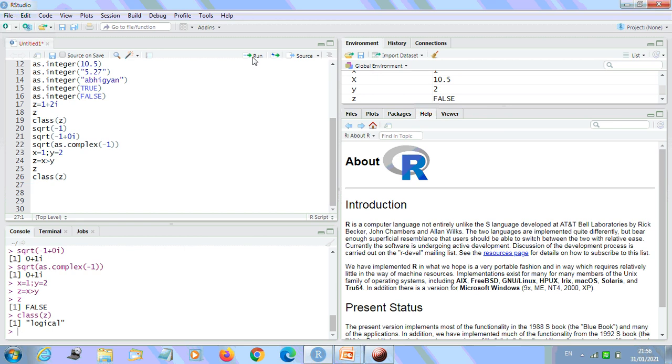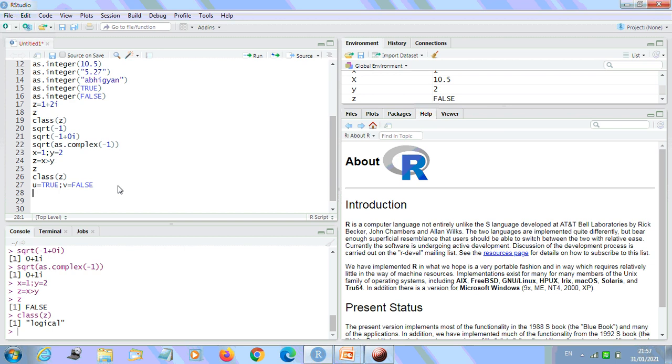Standard logical operations are AND, OR, and negation. Let me show you this. u equal to, I'm going to store TRUE here, it should be in capital, remember this one. And again we can use v to store FALSE. Completely fine.